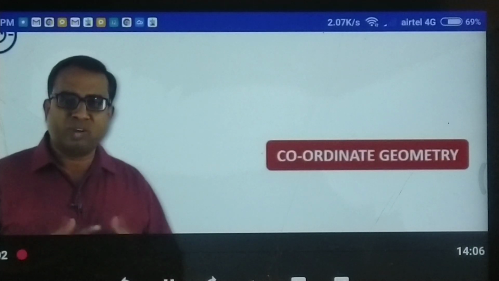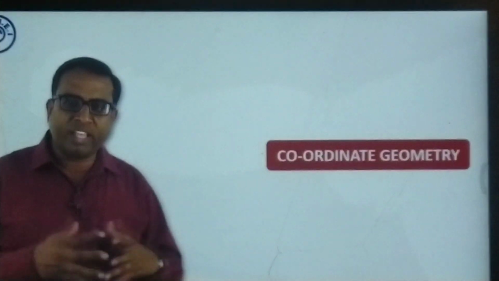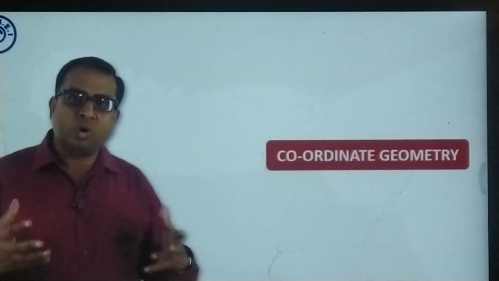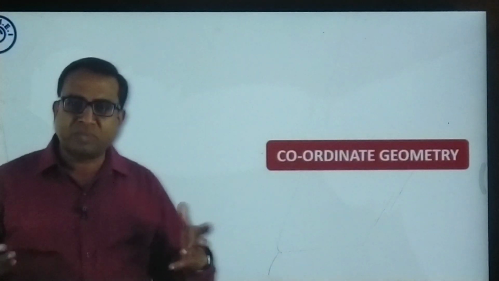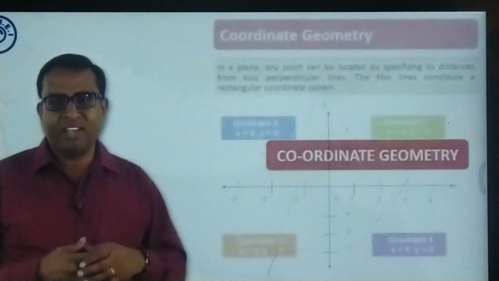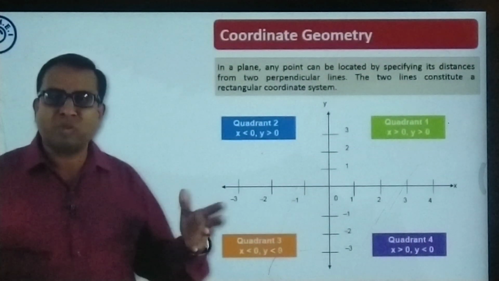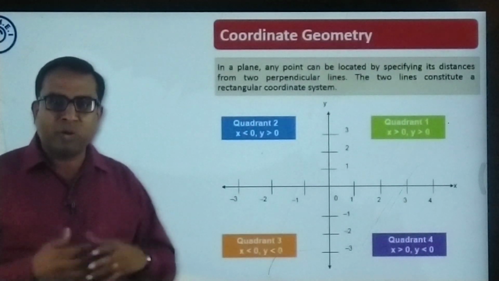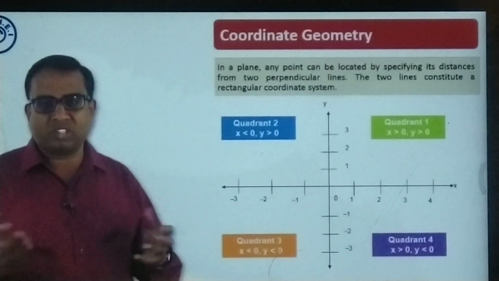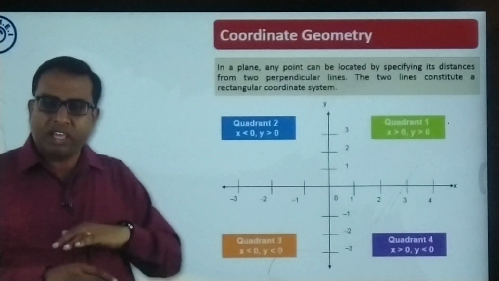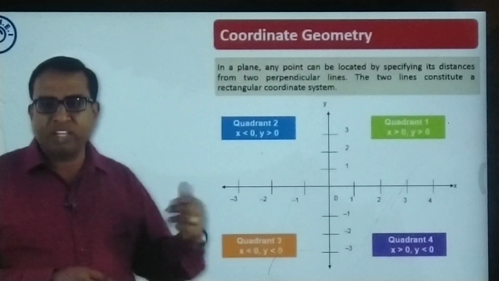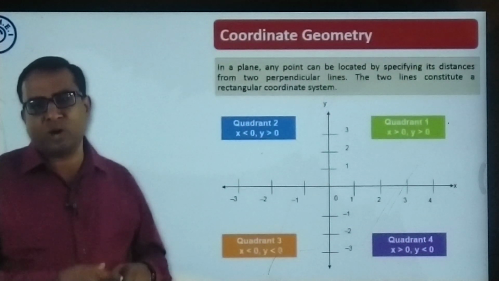Understand this coordinate geometry. I think in your high school days you might have come across coordinate geometry, as graph paper is something you all are familiar with. So putting it in a nutshell, coordinate geometry is all about graph paper based geometry. I am sure we all know that graph paper is made of two lines. One is the basic horizontal line, we call it the x-axis, and then we have a vertical line called the